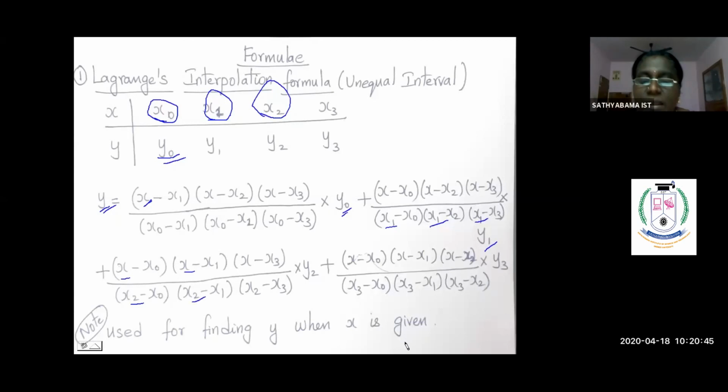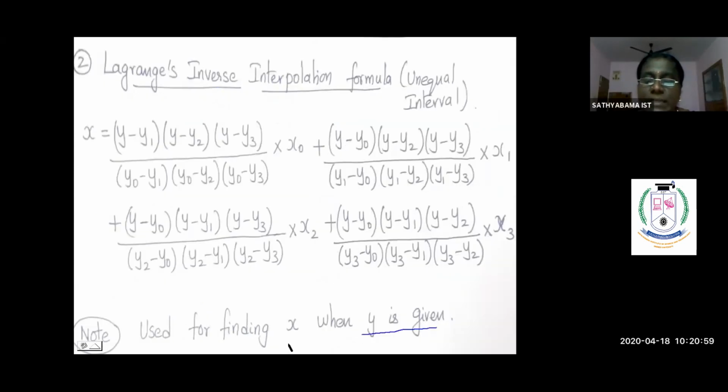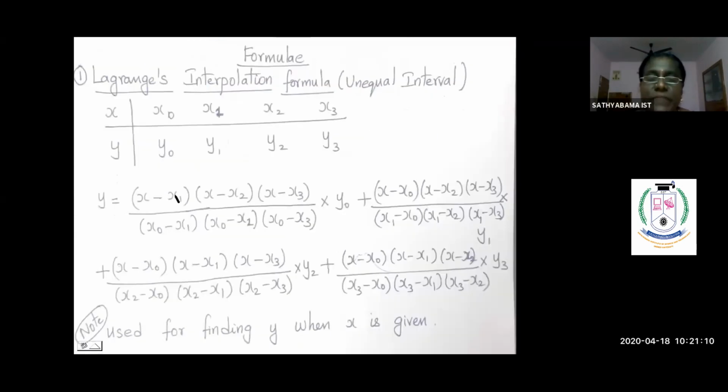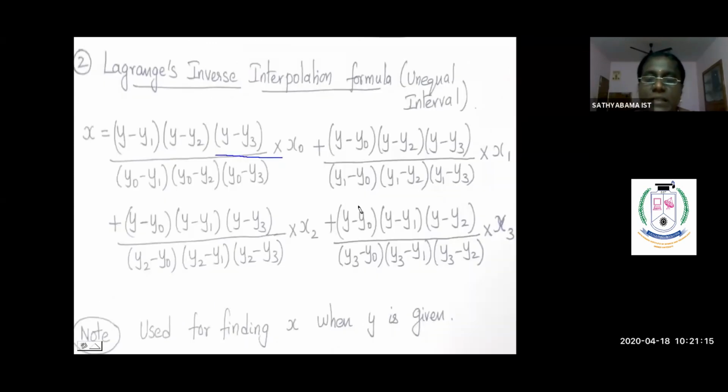So this formula is used whenever, for the given x, we want y. But the one beauty here is, for unequal intervals, I can do it the other way also. That is, whenever y is given, I can find the corresponding x also. That I can do using the inverse interpolation formula. Again, the logic is the same. In the previous formula, wherever x comes, that is replaced by y, and wherever y comes, that is replaced by x, under the inverse interpolation formula. So both are very simple and very easy. The only thing is the lengthy calculation.